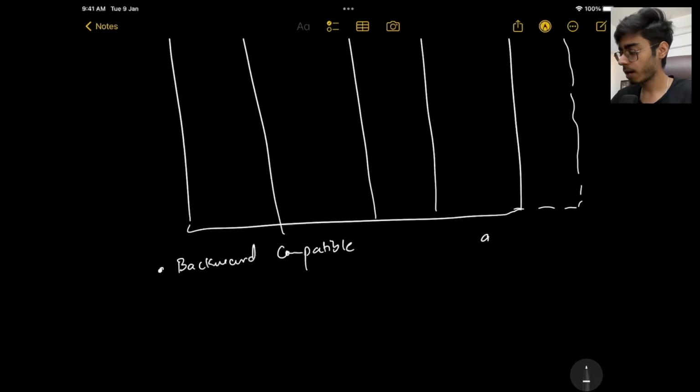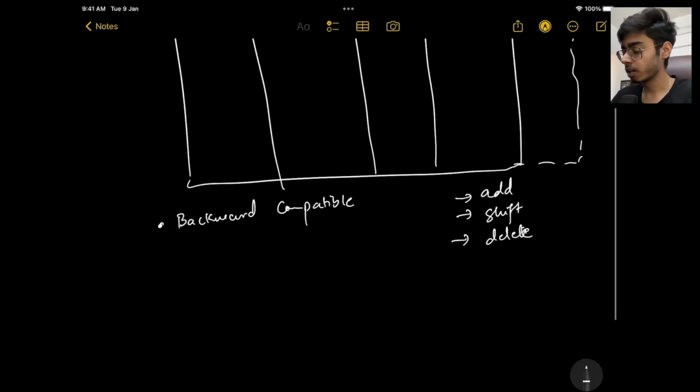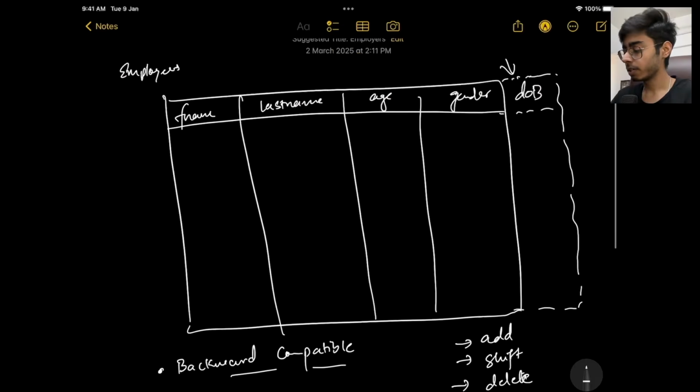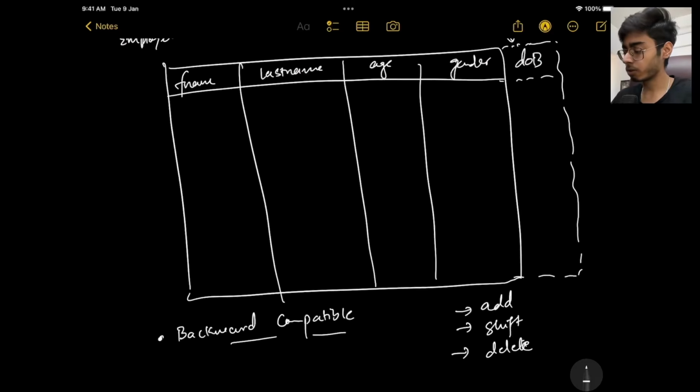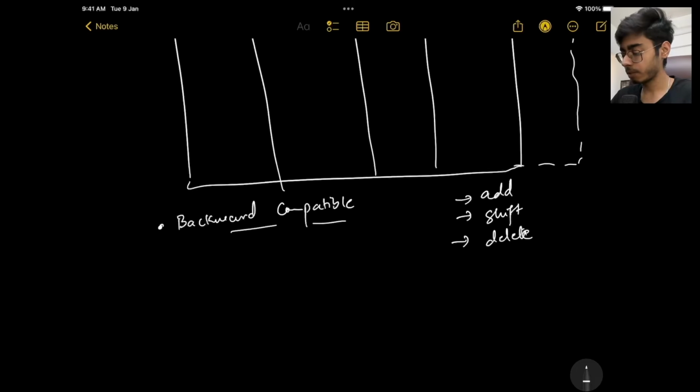So there are two cases: either you have to add a new column, or you have to change the column name. Or you want to delete your column, which is a rare case because you will usually let it be there. Mostly these are the three updates that you want to run on your SQL database. Whatever changes you do, you need to make sure that they are backward compatible. So in this case, you will add a new column, but you will define it as nullable. So for adding a new column, you make that new column nullable.